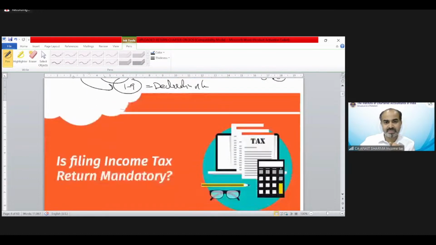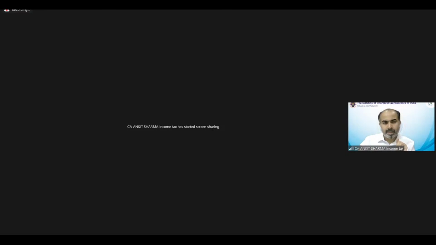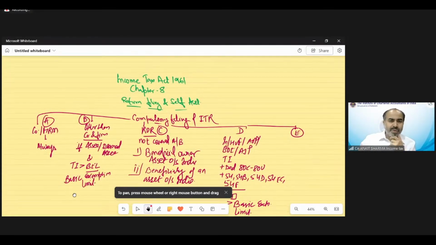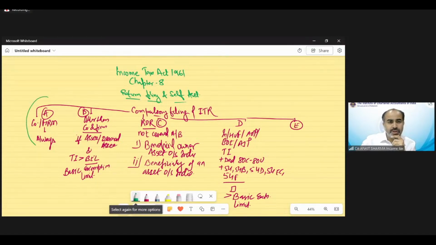Next, is filing an income tax return mandatory? Yes, of course it is mandatory. In the following cases, filing of income tax return is mandatory. If you are a company or a firm, you need to file your income tax return always. If you are other than a company and a firm, then if you are a deemed assessee, that is, income of another person is assessable in your hand,